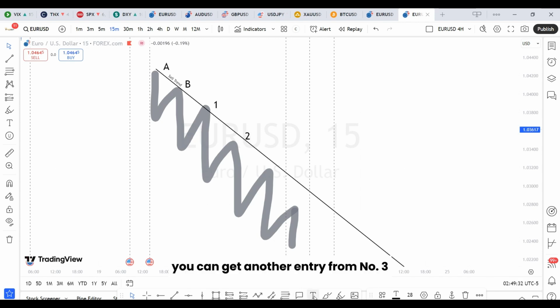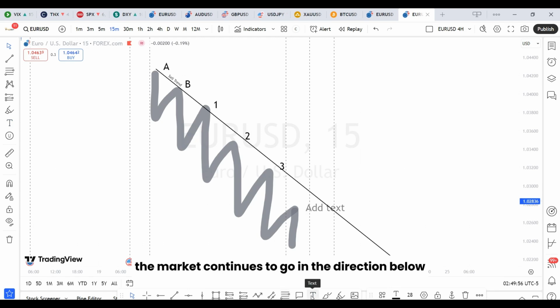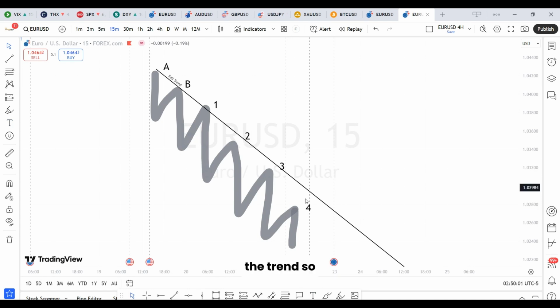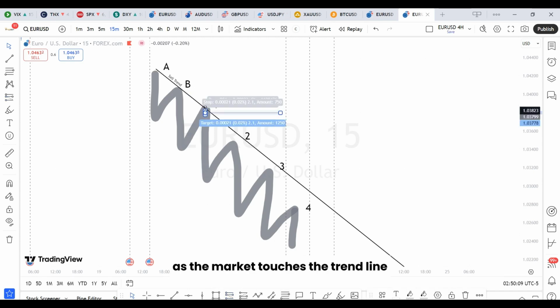You can get another entry from number 3. You can get another entry from number 4, so long as the market continues to go in the direction below the trend. So what you want to do when you get the first entry is take your entry as the market touches the trend line